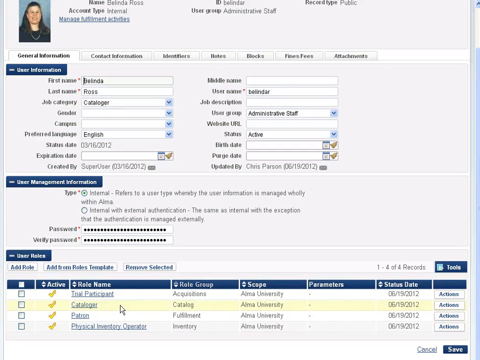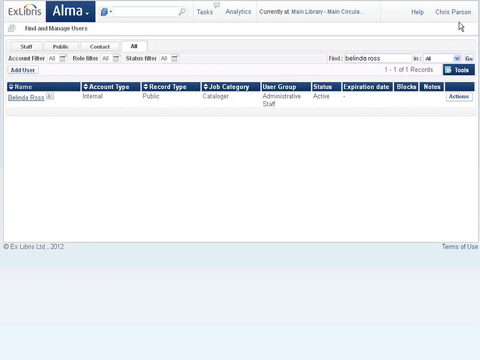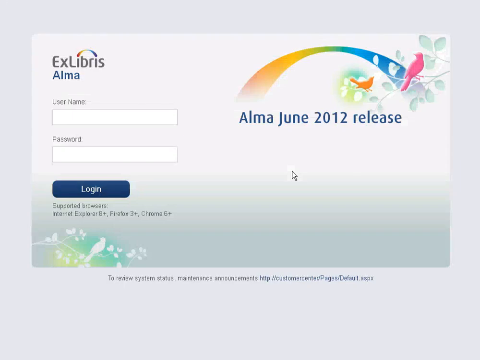Now, we have spoken often about the different options available to different groups of users when they log into Alma based on the roles that have been assigned to them. What I'd like to do now is to save Belinda's record, log out as my circulation and user management librarian, and log in as Belinda. Belinda R, and I will